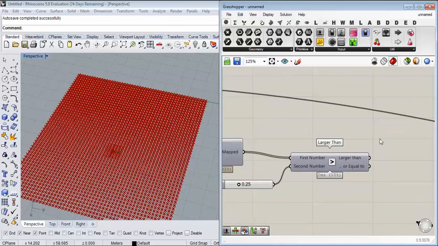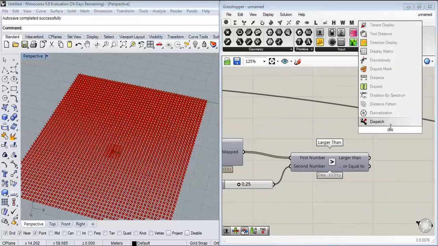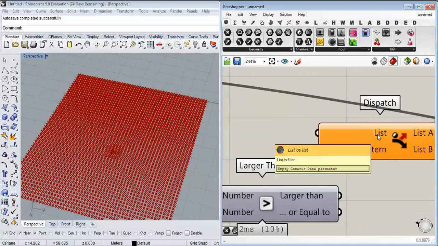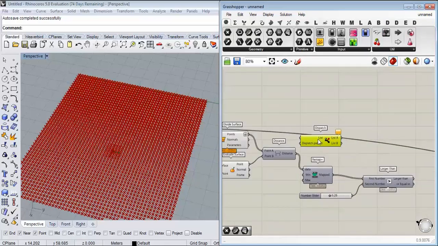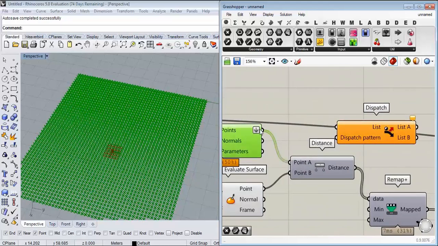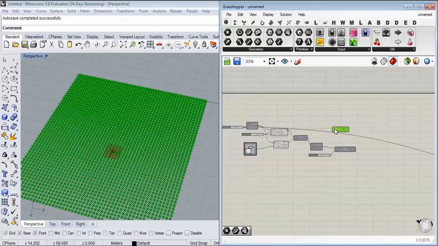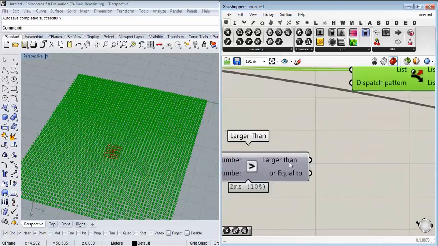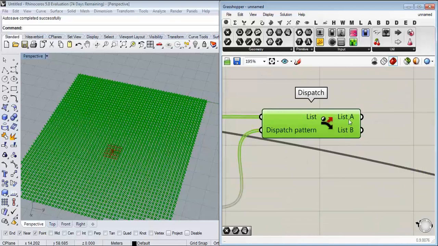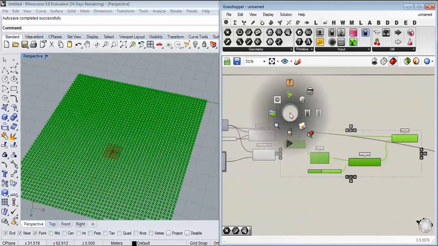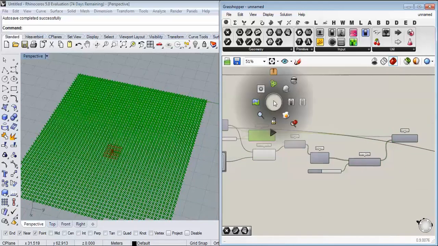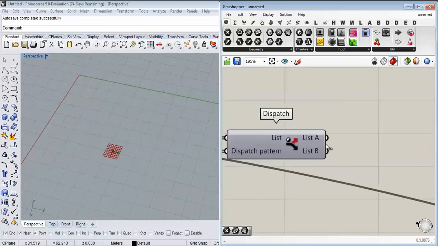So what I'm going to do is to use dispatch. The technique is to use dispatch to dispatch a list of data, a list to filter. So I'm going to filter the points, and the pattern of dispatching is this one, a true and a false. It will give you two sets of output, a true and a false list. So if I just disable the preview here, we have two sets of points, the list A